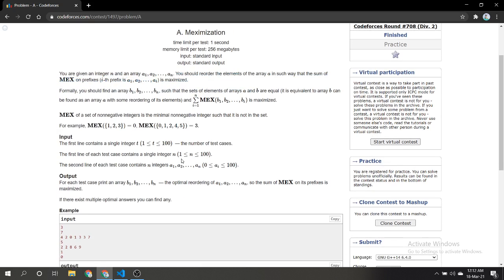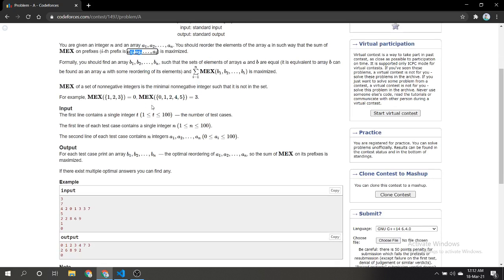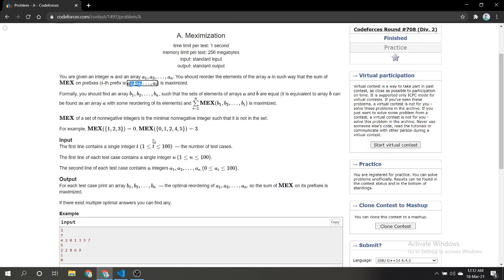Like for example, for prefix 2, we will be counting the first two numbers. For prefix i, we will be counting the first i numbers. The sum of the maxes of these prefixes should be maximum. So how do we do this? First of all, we can figure this out easily that